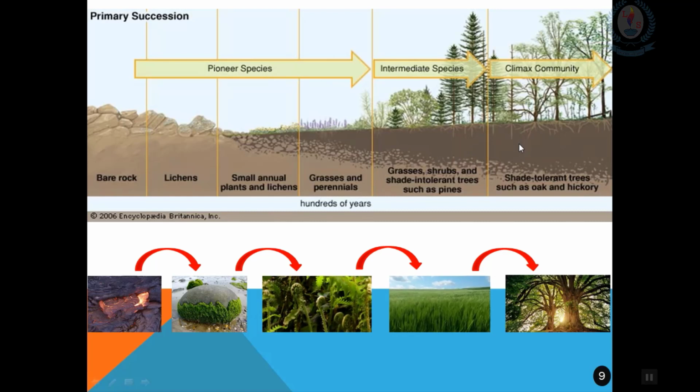With time, the thickness of the soil increases and more organic matter will also get accumulated in the soil. So, this situation will allow taller plants to grow. Because of the development of the vegetation, more habitats can occupy themselves in this vegetation. Eventually, a self-sustaining climax community will appear like this.